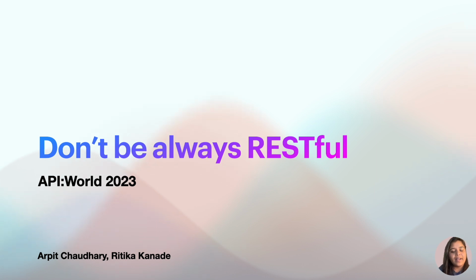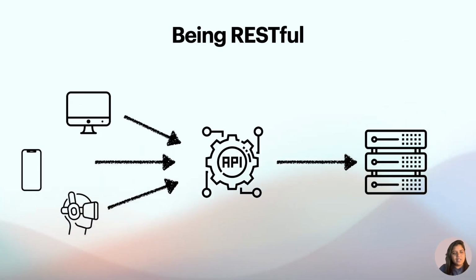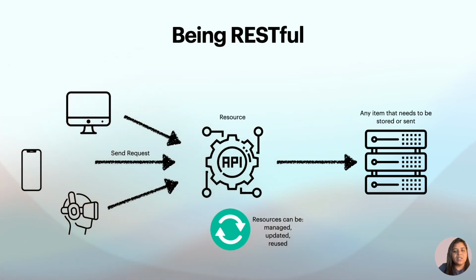So, like Arpit mentioned before, let's take a really quick look on what really being RESTful looks like. This is, in my opinion, a typical case of a server client architecture. On the right hand side, you have your server, and on the left, you have clients. These clients can be of very many different nature, and this is what typically you're expecting, right? Your client is sending a request, and on the right, you have a server that has some items that probably need to be sent or they're probably stored, and then the client searches them